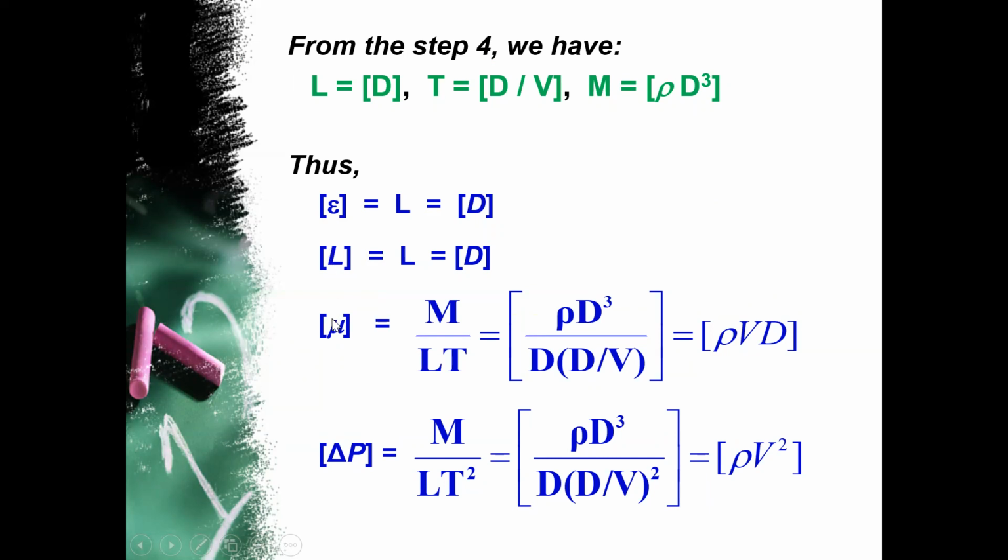This is the length of the pipe. This is the viscosity. This is the force, right? The driving force. So similarly, we try to expand it to contain the fundamental dimensions. And then after that, we use the one that we obtain from step 4, right? Substitute into the equation, and then we have the final form this way, right? So we have 4 final